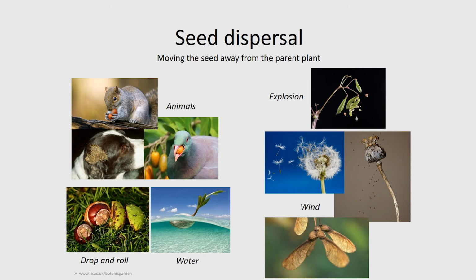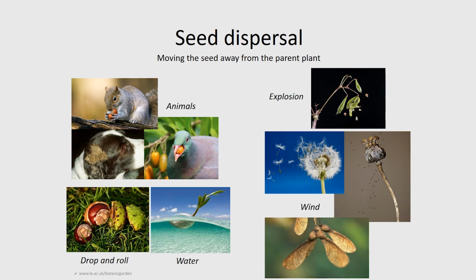A reminder that seed dispersal is where the seeds are moved away from the parent plant to places where they have room and enough light to grow. Seeds can be carried by animals, being hidden and forgotten, such as squirrels, sticking on fur, as you can see on the picture of the dog, eaten by birds and then being released in their poo, drop and roll, where the seed is round and rolls away, or carried by water, such as coconut, or exploding, such as the pictured